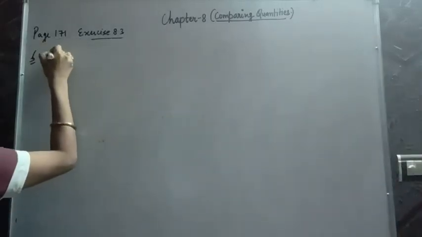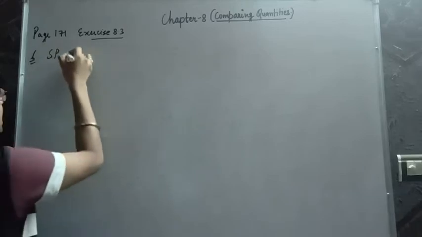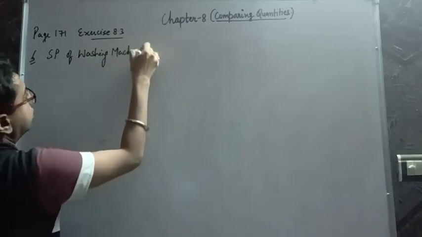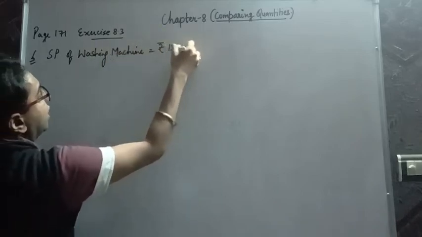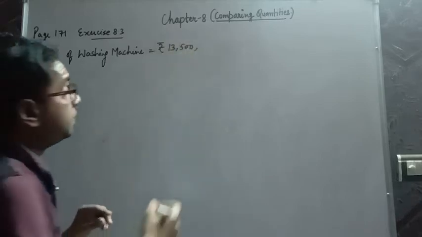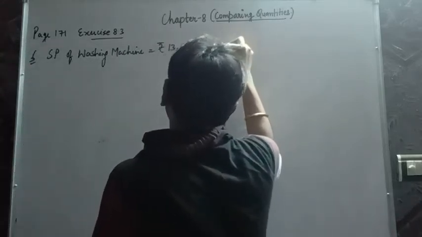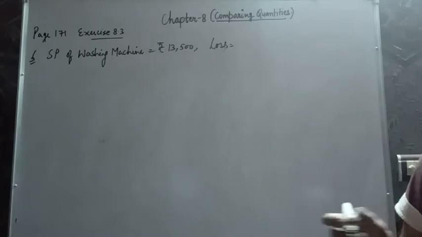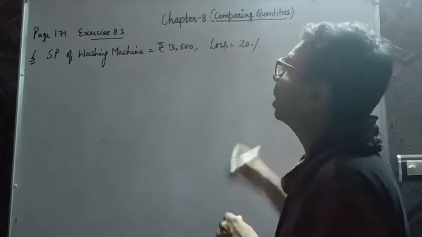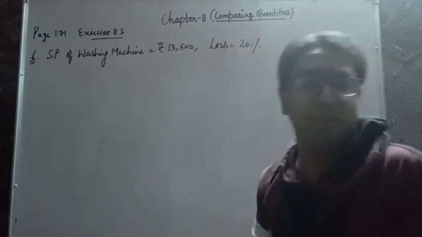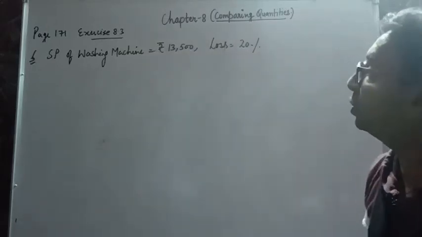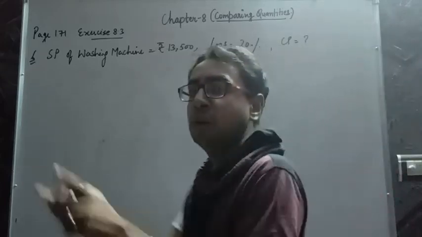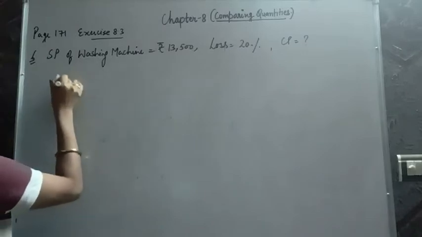Now this selling price is given to us. Selling price of the washing machine, because Juhi sold it at rupees 13,500, and on selling it she made a loss of 20% on the bargain. Actually she bargained and hence she made this loss of 20%. So SP is given to us, loss percent is given to us, we need to find CP. Situation different, I told you, swapping. Immediately it will become CP is equal to